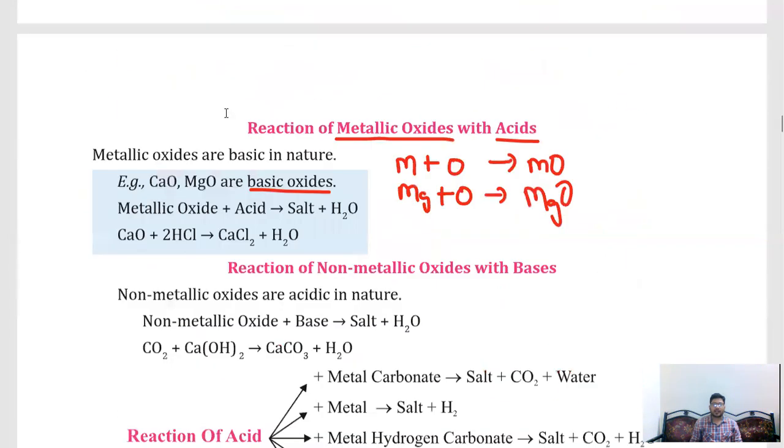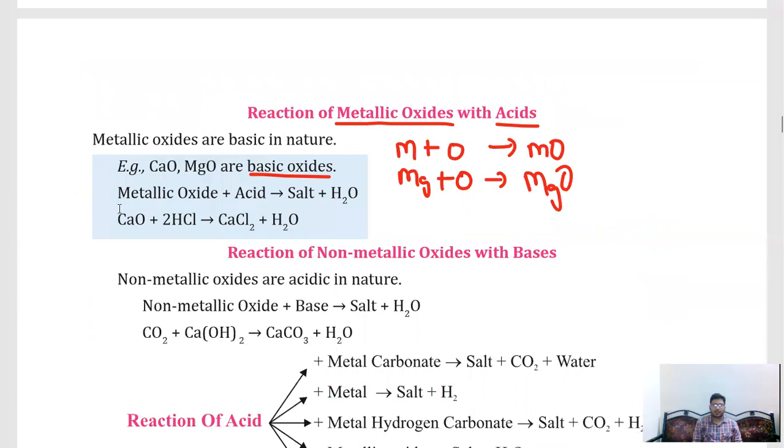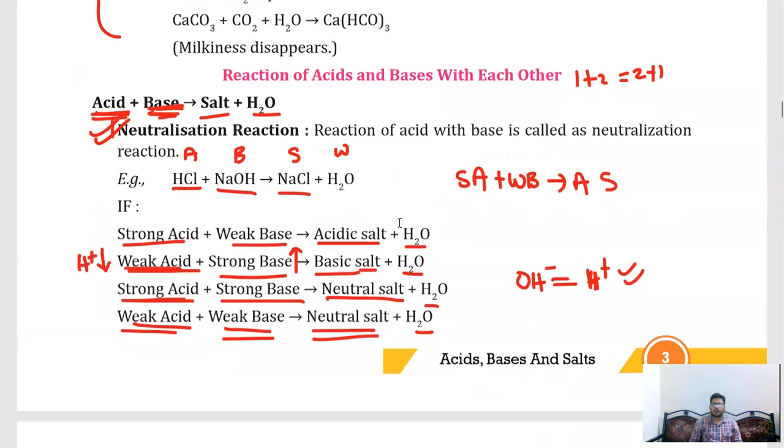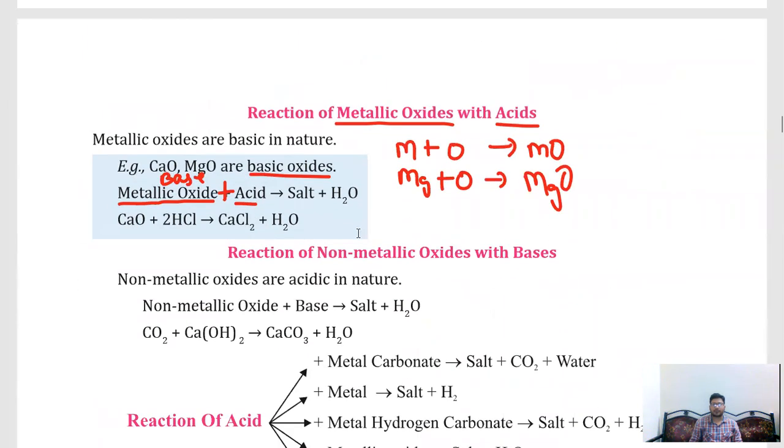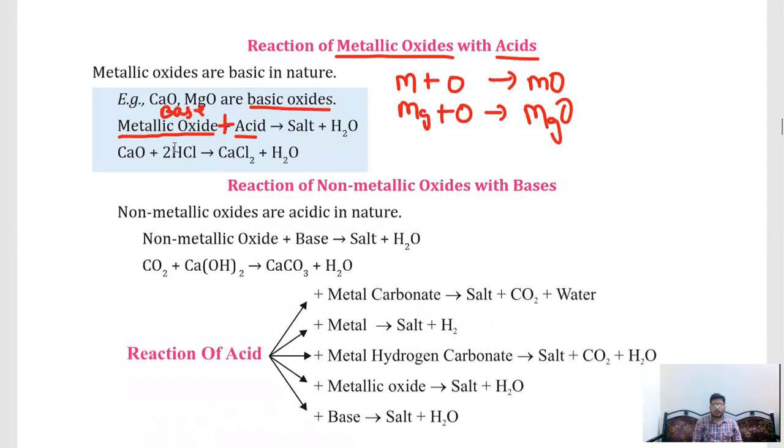Acid should be added. Anyhow, metal oxides are base. You see, metal oxides are base. We will add acid to it. So what will happen, guys? Base plus acid. What I told you here, 2 plus 1 or 1 plus 2 both are the same. You can say either acid plus base or base plus acid. Both terminologies are the same. So metal oxides which are basic in nature, if you add them to acid, what is produced? Of course, salt plus H2O.